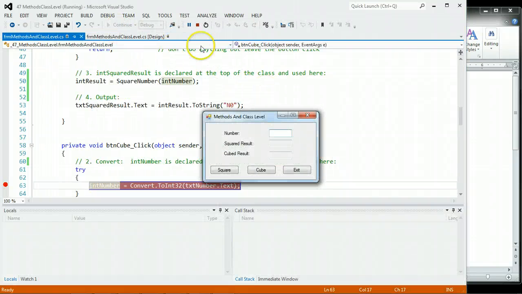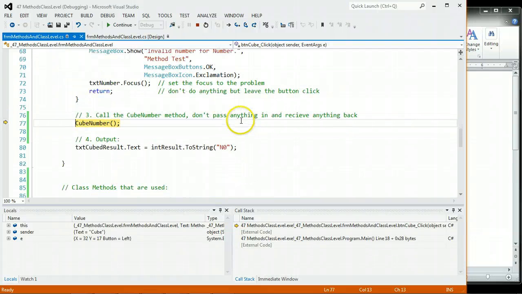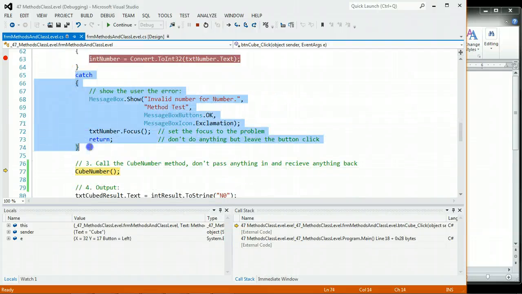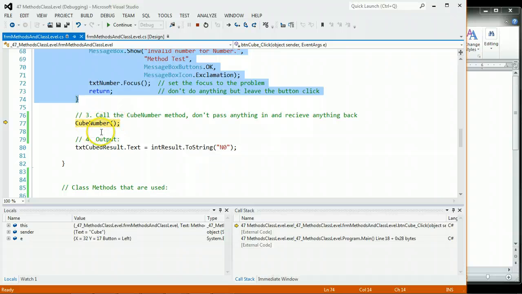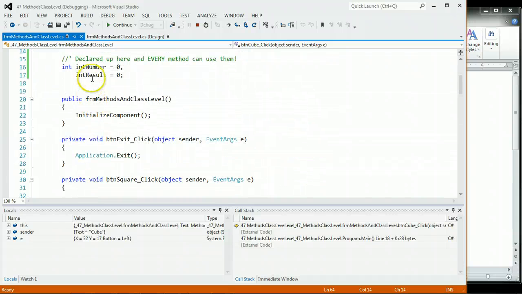Okay, let's do the cube, because that's easy. We'll do 2, and we do cube. We come in, we convert, no problem, it works, and notice if it works, it jumps over this code. Nothing in, nothing out, but it's going to use this int number that is actually declared and stored up here